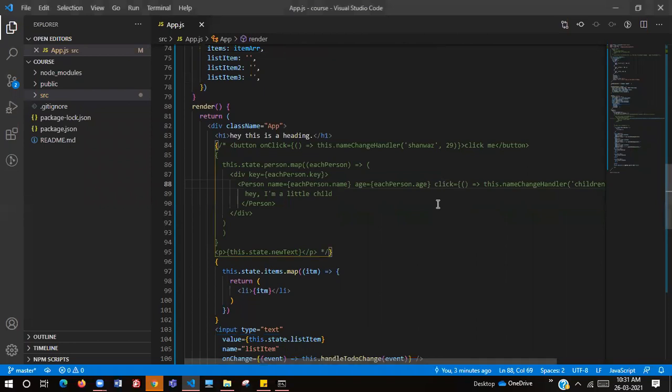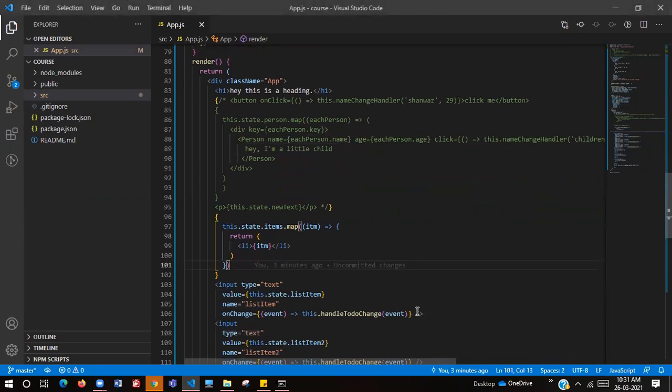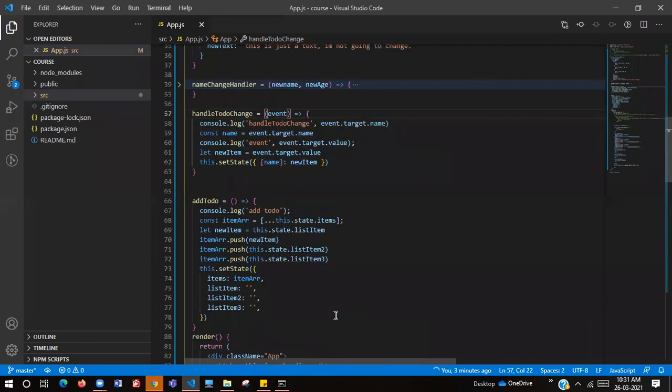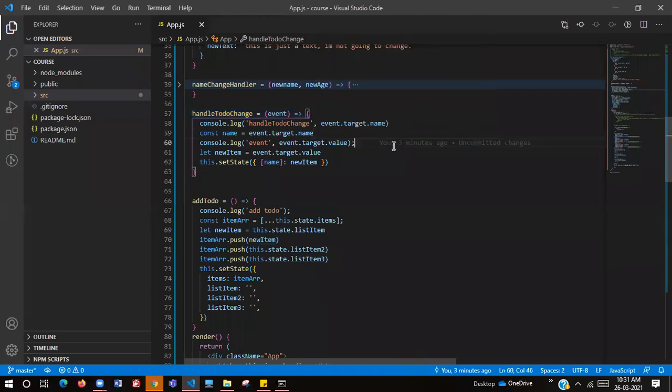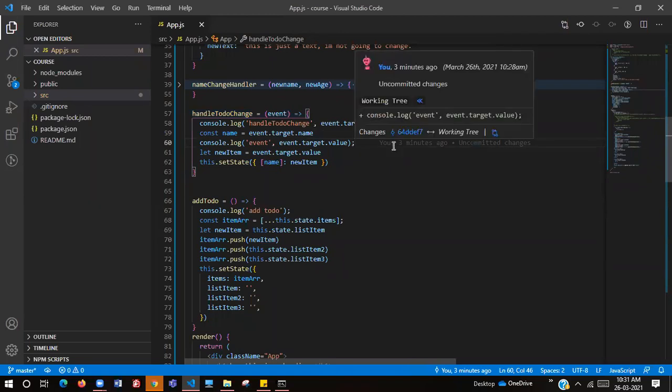Then at that point, you need to check how we are passing the onChange value. So the onChange function call, is this correct here? What you're typing, event? Yes, it is event. Correct. Now the next thing we need to check is handleToDoChange. Right? Event console. This is absolutely correct. I didn't find anything wrong in this.